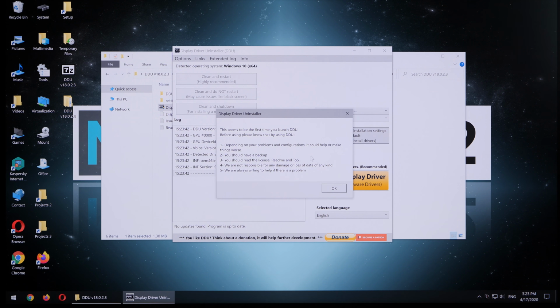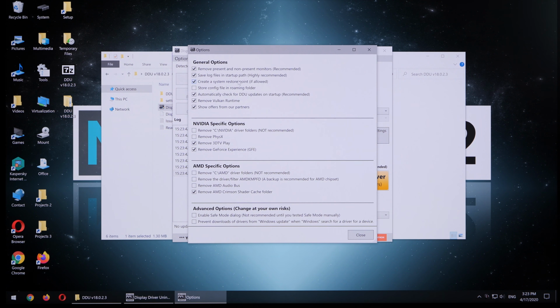Then you're being told about the risks involved. Things, after all, can sometimes go wrong with technology. Just click on OK, which brings up the next window. These are the general settings on what the Display Driver Uninstaller does. We could go for some custom settings here, such as additionally remove those NVIDIA and AMD driver folders. I personally wouldn't do it, just in case I still want to quickly access those, but no one says you shouldn't do it. It's not a big deal since you can download the new drivers and extract those anyway, so it's up to you really.